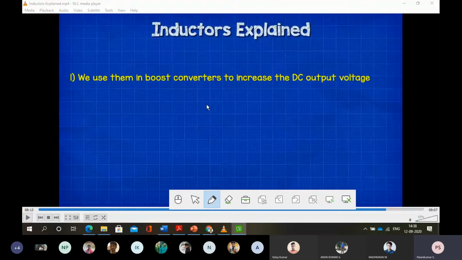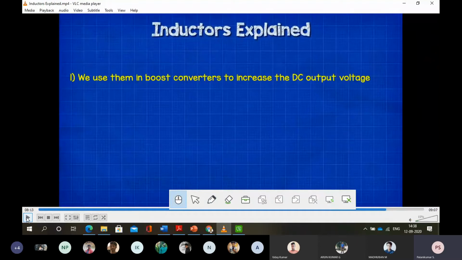In addition to the DC output voltage, the inductor can also boost some voltage. For example, if the supply is giving 5 volts and for some instant I need an additional 2 volts, I need not go for additional sources. If I connect an inductor, whenever I disconnect from the source and connect to the load side, it will give additional voltage. That's why it's called boosting the voltage.